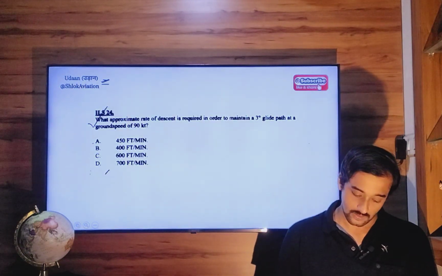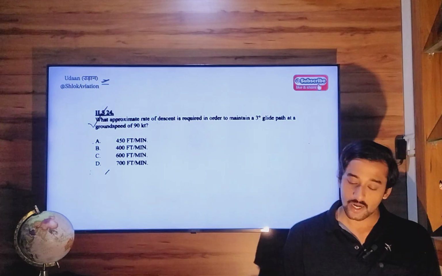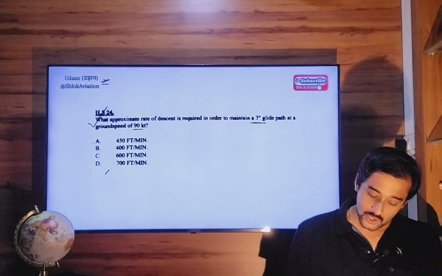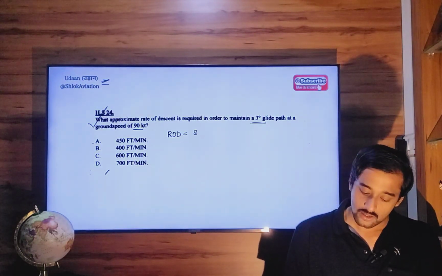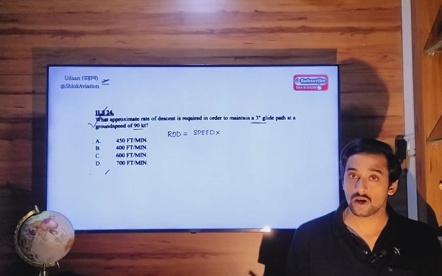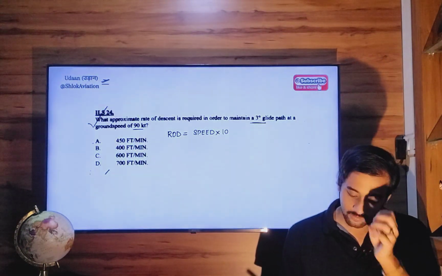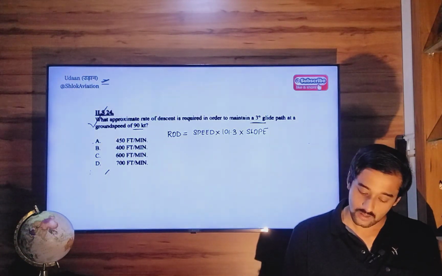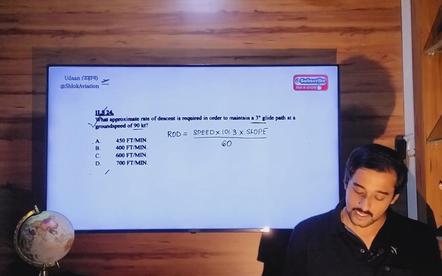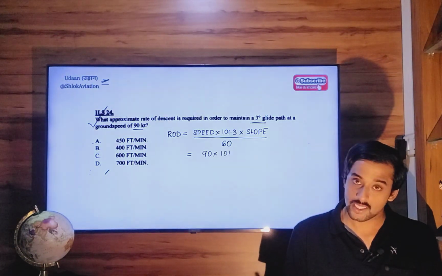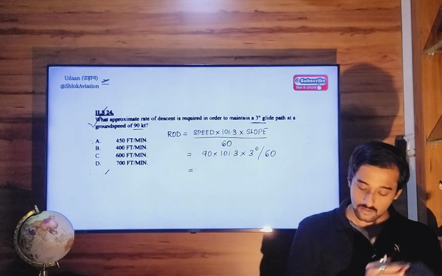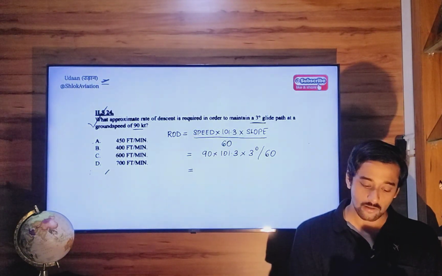Next. Approximate rate of descent is required to maintain a 3-degree glide path at a speed of 90 knots. So rate of descent required is equal to the ground speed of your aircraft in terms of feet per minute. So multiply this knots by 101.3 multiplied by glide slope divided by 60. So 90 knots multiplied by 101.3 into 3 degree divided by 60. So 90 into 101.3 into 3 divided by 60 is